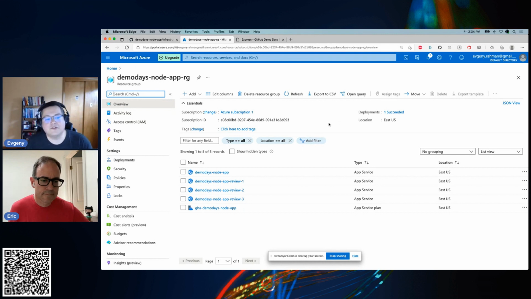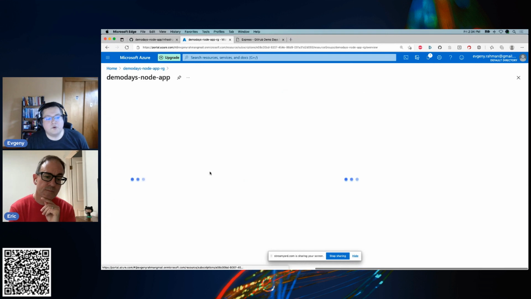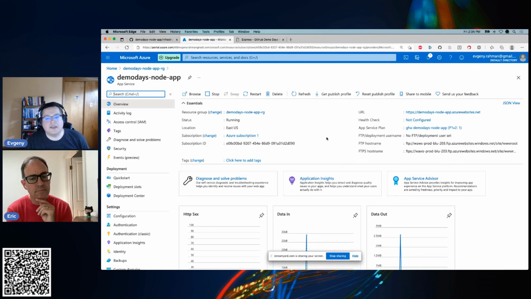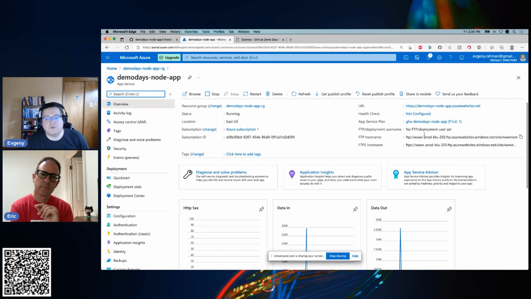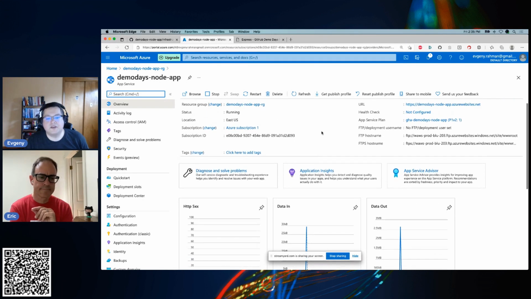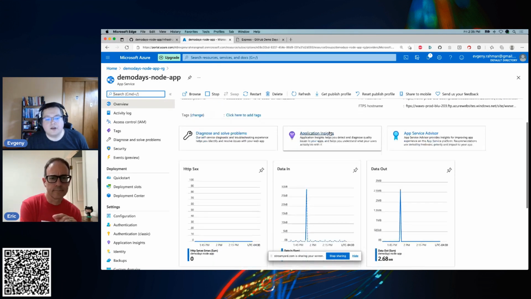So this is really the collection of resources and one pointer to them, or one way to refer to them all in one place. And then you can see the subscription ID in there. And you can see some of the resources under there. So for example, the Node application. This is our production Node application, and it shows you the URL where it's deployed, and then it shows you what service plan it's on. All these details that you need to manage and provision and keep your infrastructure running and operating smoothly.